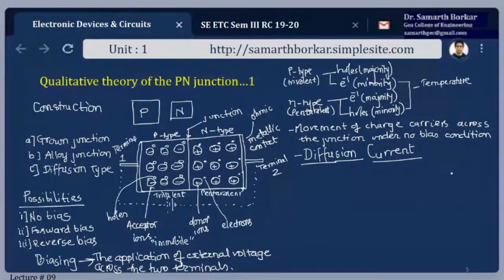Now we can understand this concept from an analogy of pressure difference. For example, I have a region at X having some pressure and another region at location Y with some pressure, and say the pressure at region X is greater as compared to the pressure at region Y. Definitely this will result in an airflow from higher pressure to lower pressure. The same phenomenon is observed here due to the concentration gradient.